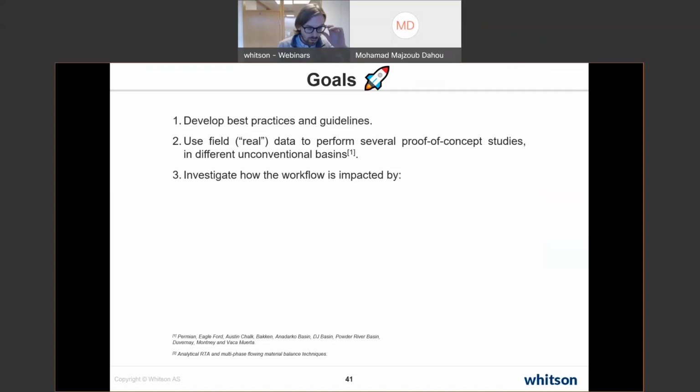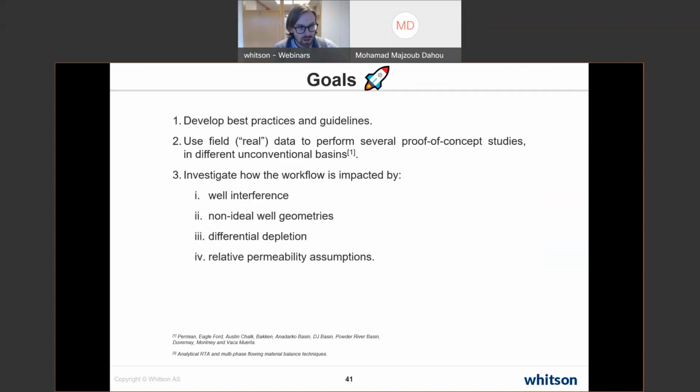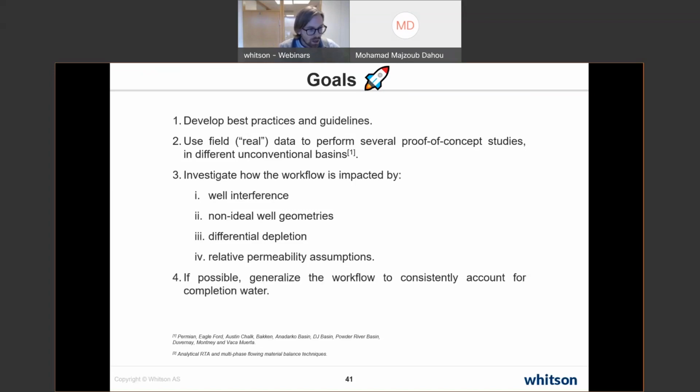At least when we've worked on the workflow with multiple operators the last 6 months, we have identified questions that typically come up with regards to the workflow. How is it impacted by well interference and multiple wells in the pad? How is it impacted by non-ideal well geometry, like EFR type of models, volume beyond the frac tip, volume beyond the frac height, if it's subject to differential depletion, and also relative permeability assumptions, which Hamid Bemanesh at Saga and also Clarkson have done some great work on. If possible, generalize this workflow to consistently account for completion